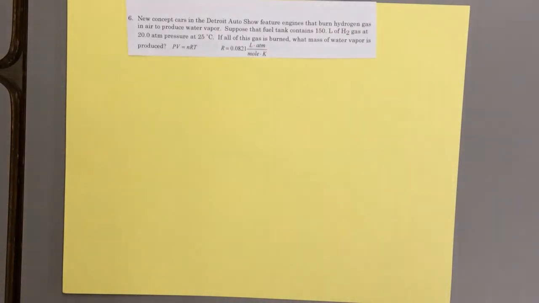Okay, so we're going to do a quick walkthrough of problem number 6 that was on our Unit 9 assessment. This seemed to be one that caused a decent amount of trouble for many of you. The first thing in any of these problems is what you always want to do is identify what you were